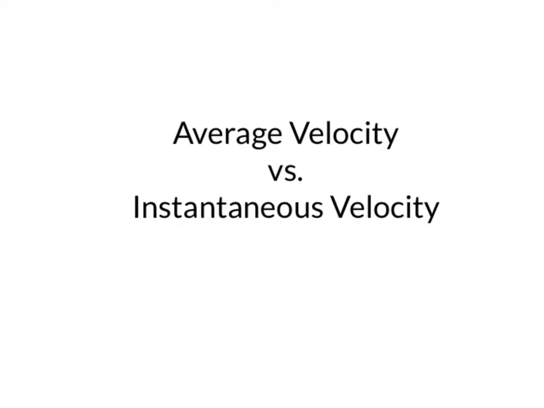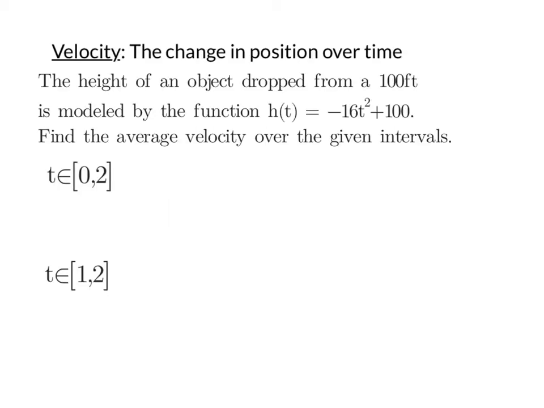When we're looking at velocity, there's a difference between an average velocity and an instantaneous velocity. Now we have this common definition of velocity as being the change in position over time. And it's this over time part that's very important to average velocity, that is over a time interval. So when we're finding an average velocity, it's from the beginning of a time period to the end of a